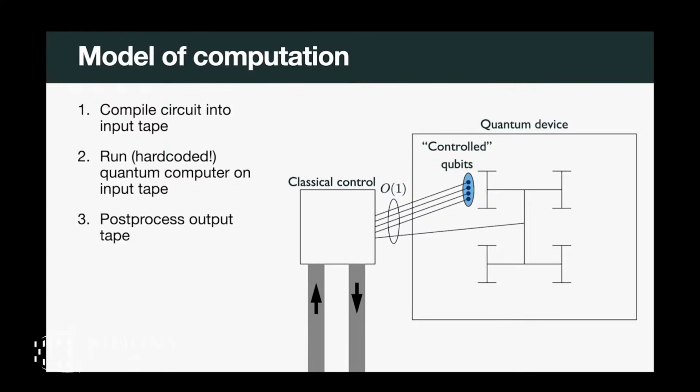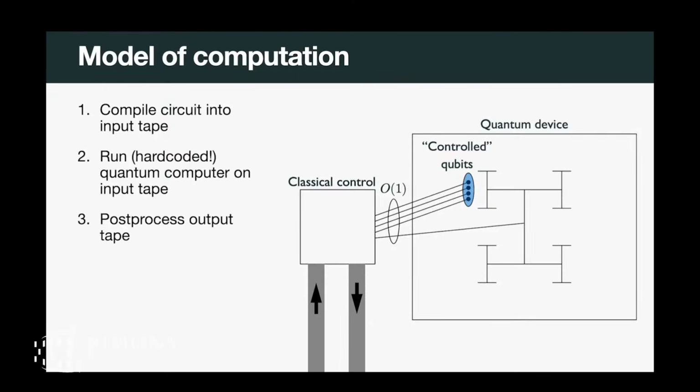Now I'm going to build a computer. And I now have to specify a little bit more about what my model of computation ought to be. So first off, I want to take some quantum circuit that my user would like to sample the output of. And you're going to compile this, and you're going to write it to an input tape. And then you have this hard-coded quantum circuit, or almost hard-coded quantum circuit, that is going to be in the device. And you have these shared global control lines that go everywhere across your chip, and that's fixed at manufacturing time.